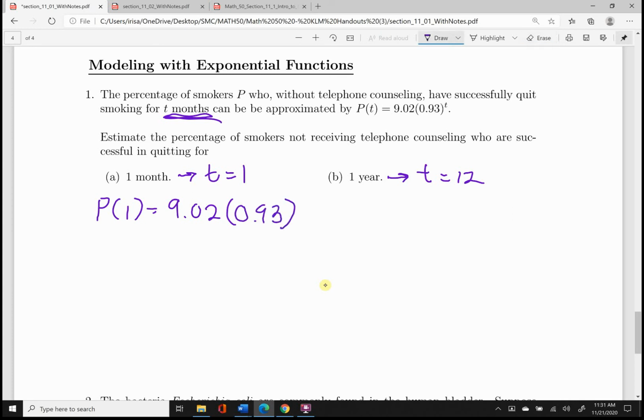0.93 to the first power. Be careful, because even though essentially you'll just be multiplying these numbers together, the 0.93 is being raised to the first power. What you want to always make sure you do with these types of functions is to implement the exponent value first and then multiply the number out in front. Okay, so 0.93 to the first power, which is 0.93, times 9.02 yields